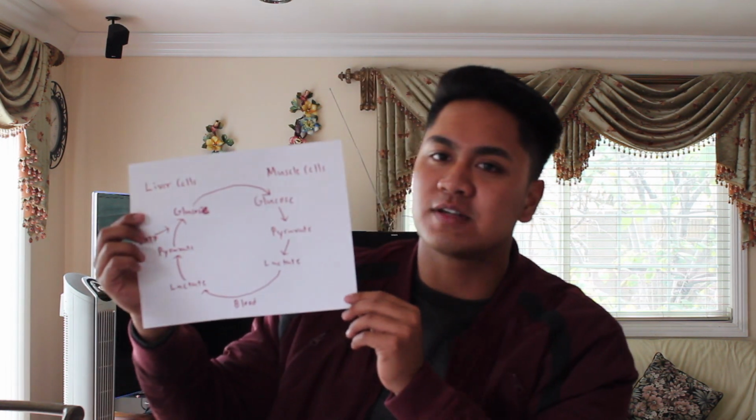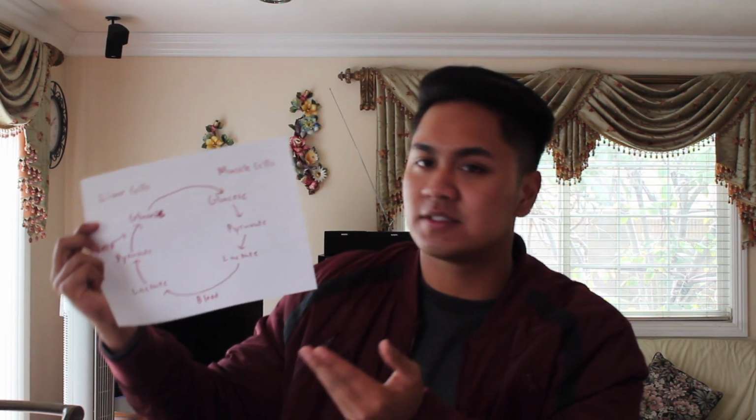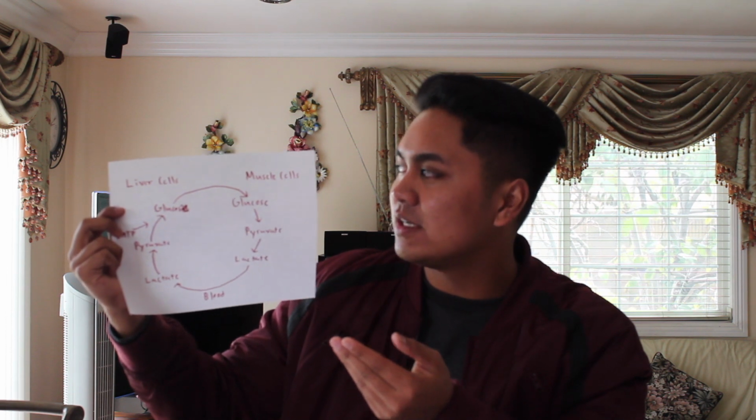So the most typical version of the Cori cycle can be seen in your muscle cells. Your muscle cells use glucose, go through the whole process of glycolysis, and create pyruvate molecules. And these pyruvate molecules are then converted into lactate molecules. You cannot have a high buildup of lactate molecules inside your muscle cells because it causes a pH imbalance. So the muscle cells then secrete this lactate into your blood and bring it over to